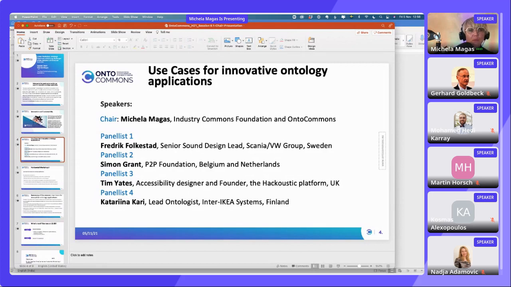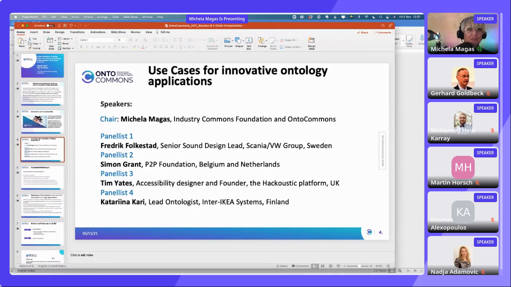This was helped along by individual smaller presentations. There weren't flash talks, but the panelists elaborated on individual use cases. So the first use case that we looked at was in sound design for electric and self-driving vehicles, and all